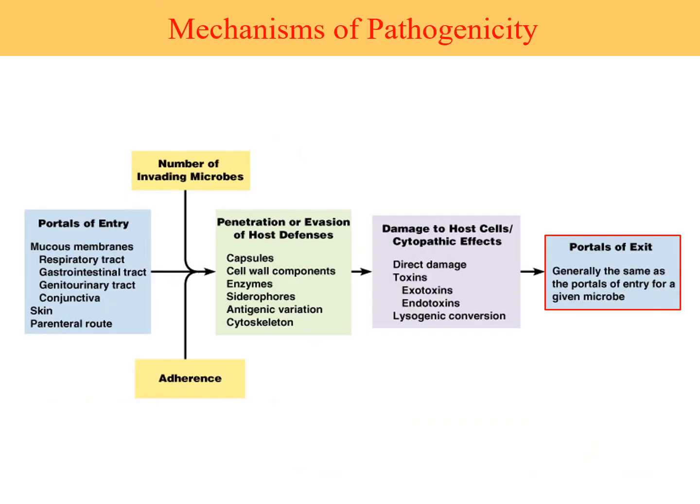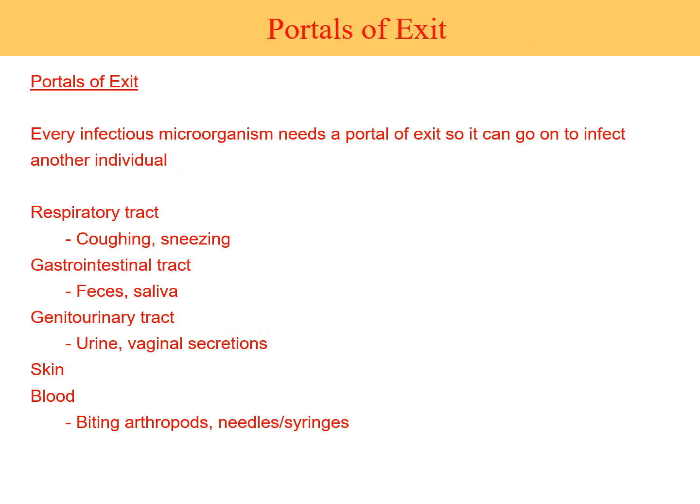The last thing we'll talk about in terms of mechanisms of how organisms cause disease, or their mechanism of pathogenicity, is the portals of exit. Every organism needs to get out. It needs a portal of exit so it can go on to infect another person. That could be by the respiratory tract, coughing, sneezing up droplets and spreading the disease that way. It could be from feces or saliva in the gastrointestinal tract. The portal of exit could be the GU tract, from urine or vaginal secretions spreading to others, through the skin,